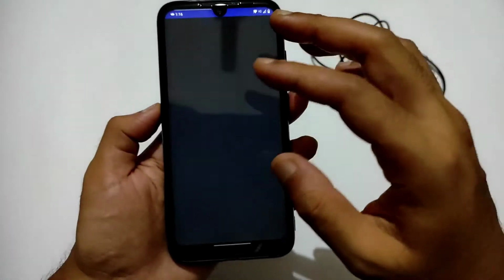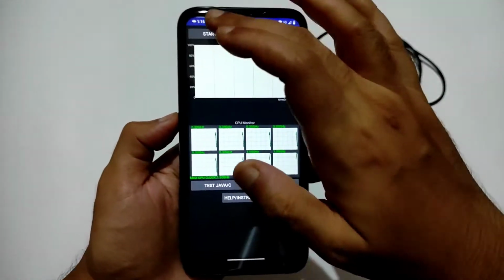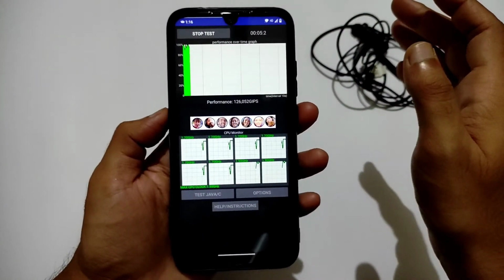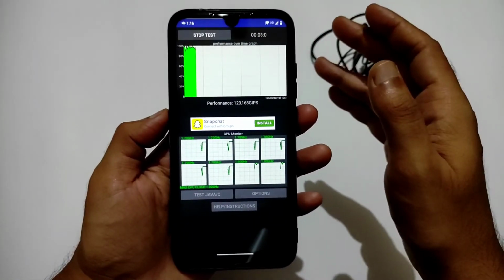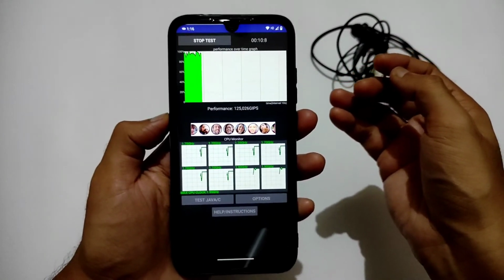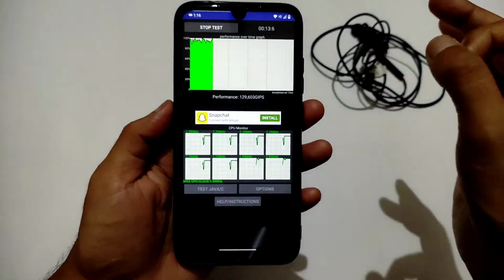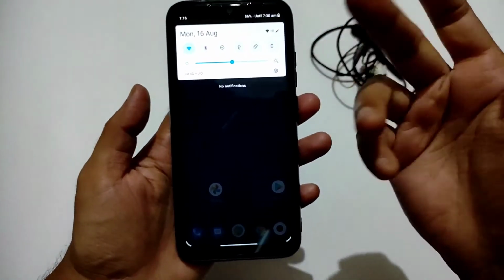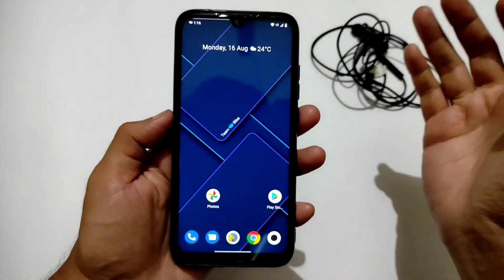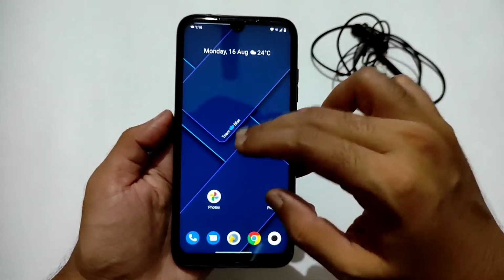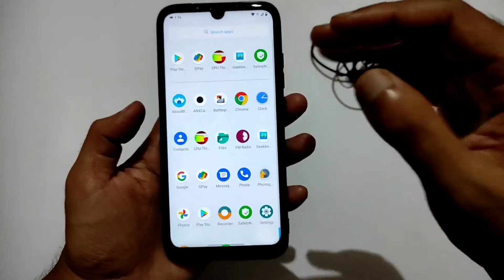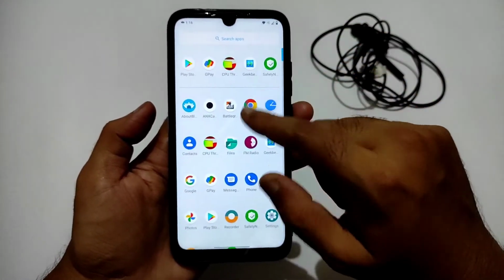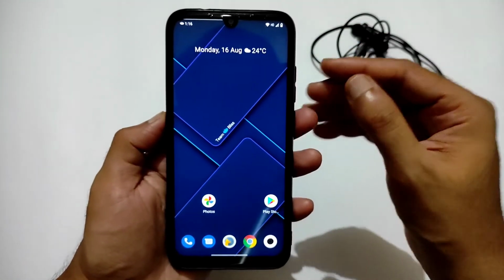And CPU throttling test, let me show you. It's going to be the same, no problem here in this CPU throttling test also. It depends upon how you use your smartphone. It's really good. The Snapdragon 675, even today it's working good based upon your version. Like, I am using the 6GB and 128GB version. If you are using 4GB and 64GB, the benchmark scores are also going to differ sometimes, maybe higher, maybe lesser, depends on these kinds of factors.